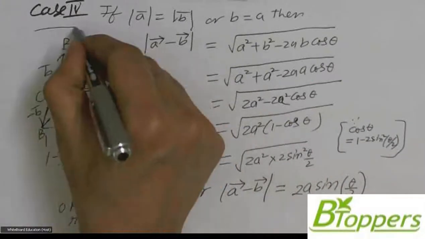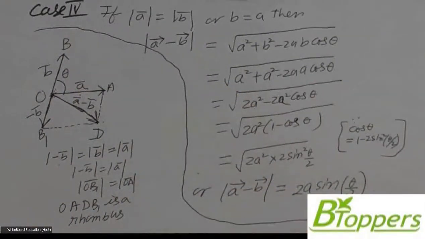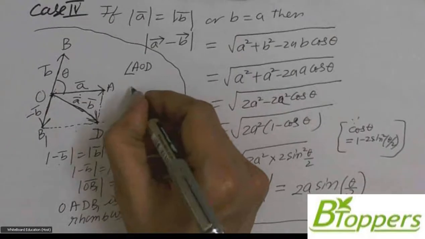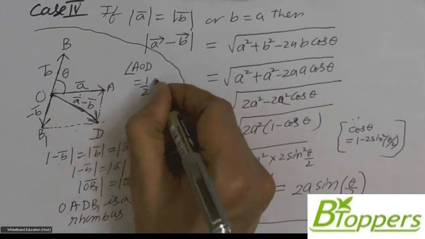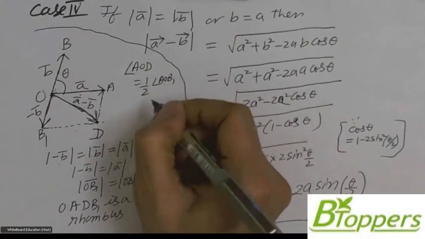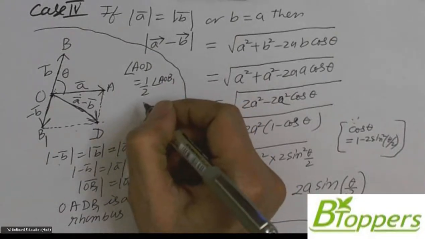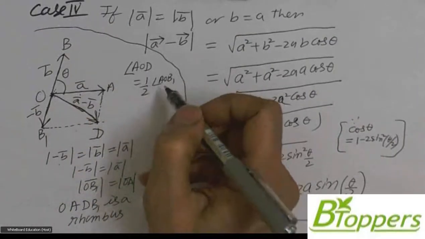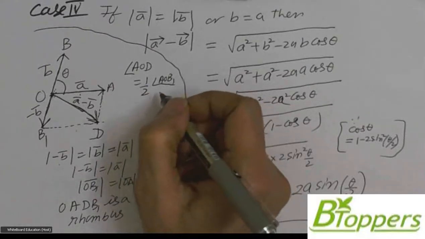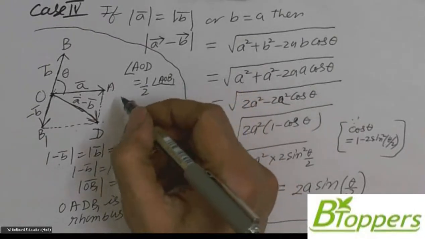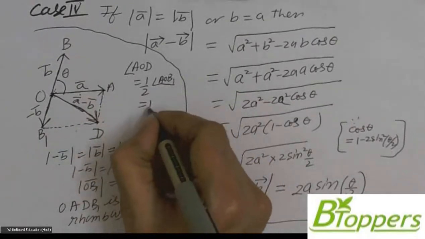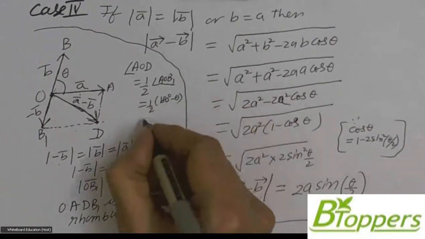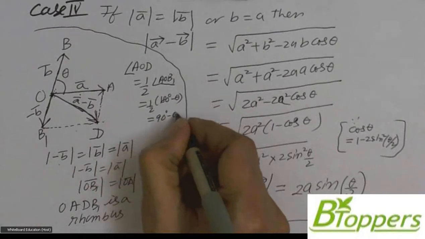It means the angle AOD will be equal to half of the angle AOB1. Here theta is the angle between the vectors A bar and B bar. So angle AOB1, the angle between the vectors A bar and minus B bar, will be equal to 180 degrees minus theta,